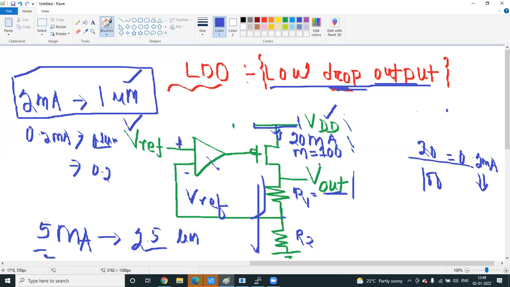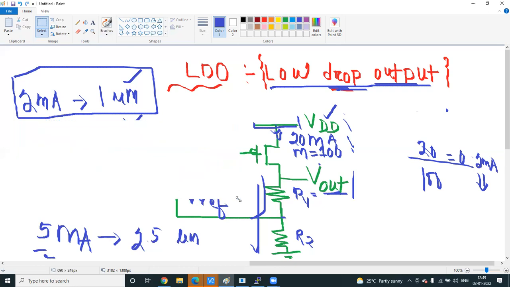If it is microampere, just divide by 2, 0.25, then from milli to micro you can convert anything. In that way you can calculate. Like 1 milliampere times 1 by 2 microampere; 5 milliampere times 1 by 2 into 5, 2.5 micro. As per how you are calculating, 1 milliampere will carry